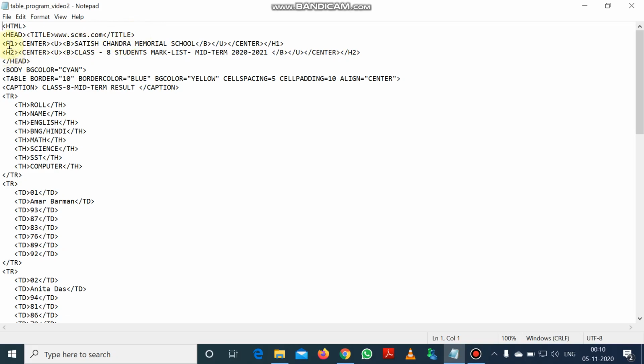After that, this web page has two headings. The h1 heading size is used for the first heading. Then the center tag is used so that the heading comes at the center of the web page. The underline tag is used so that the heading will be underlined, and the bold tag is used to make the heading bold. Then the first heading, Satish Chandra Memorial School, comes, and the heading is completed with the ending tag of bold, the ending tag of u, the ending tag of center, and the ending tag of